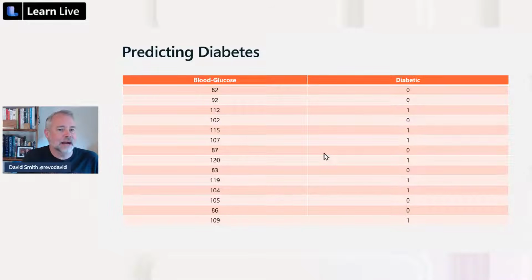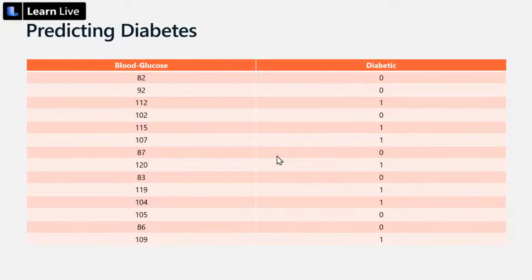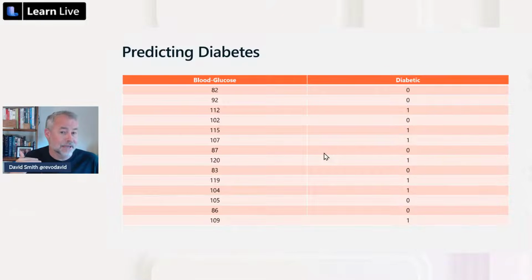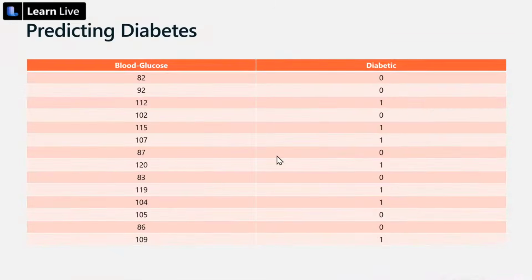Let's imagine that we have collected data on a number of patients in a clinical setting. We've measured a bunch of data about those patients, perhaps including their blood glucose level, measured using, say, a finger stick device. And also for each of those patients, we have a diagnosis from a doctor about whether or not they are diabetic. So in this data record, you can see we've got data for about 15 patients or so. The first patient, we measured their blood glucose level to be 82, and the doctor diagnosed them to be not diabetic. So that's a 0 there, representing a